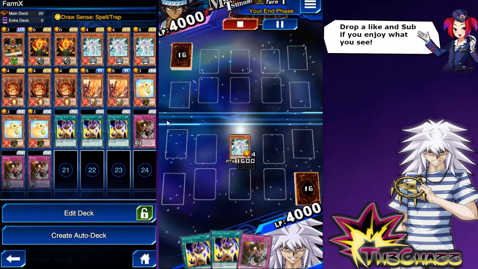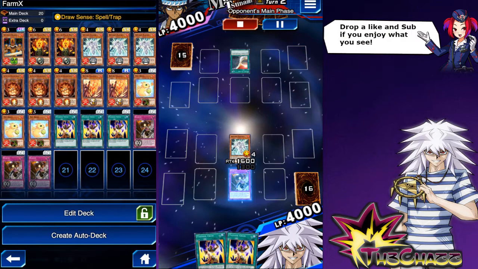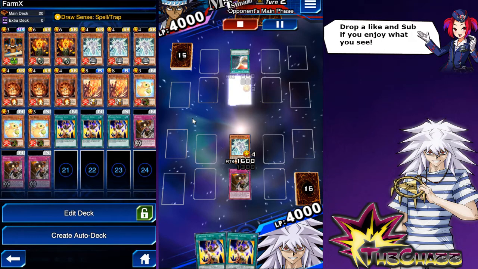So as you can see right now, I think that was the Kickfire. Yep. Most of the time you start off with Kickfire. The reason why I'm running Draw Sense Spell Trap is just so it gives us a higher chance of getting Kickfire. Another good thing to take into consideration is because they are using really weak monsters, destroy your entire field